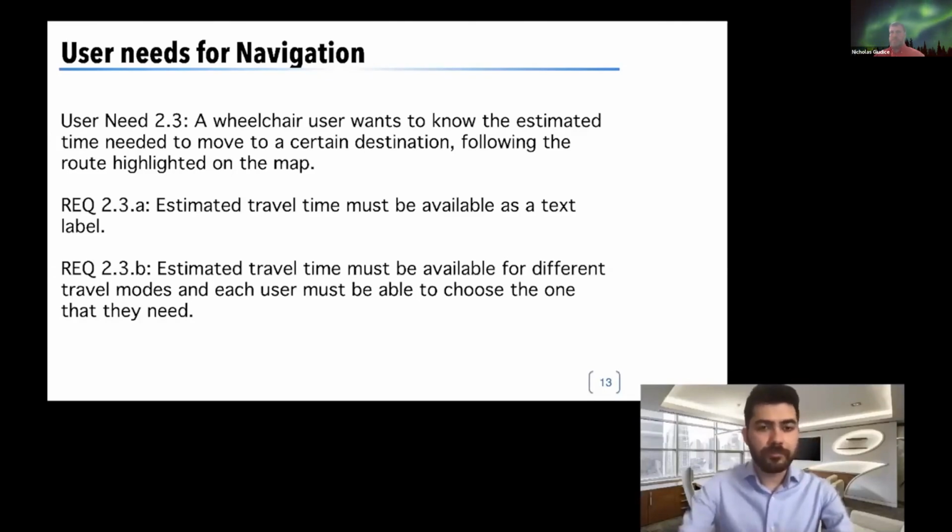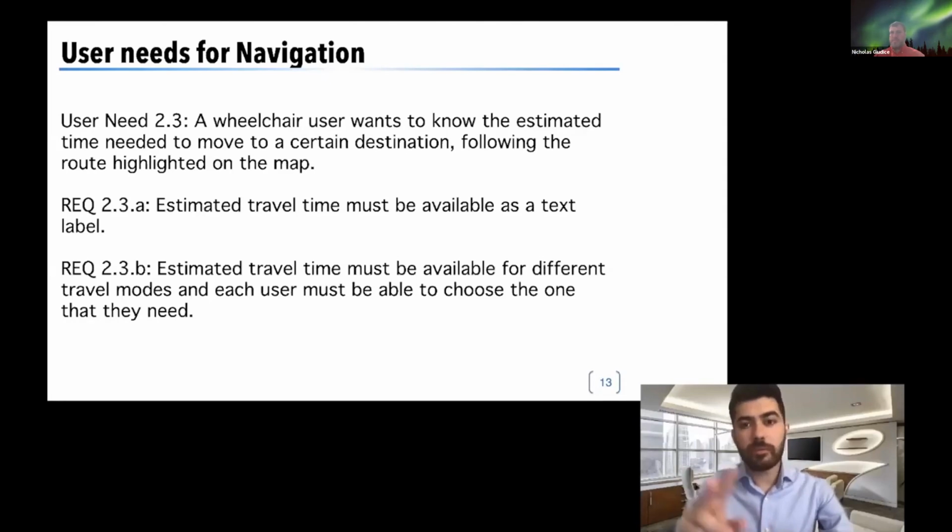So if the map presents estimated travel time according to travel modes that are really available for that path, the user has all the information that he needs in order to know how to navigate toward that destination using the map. This is a very common user need